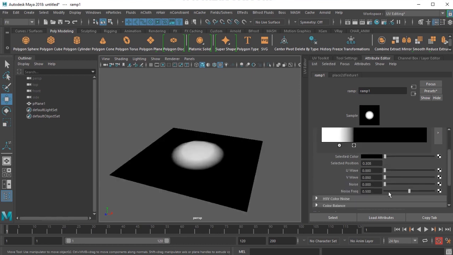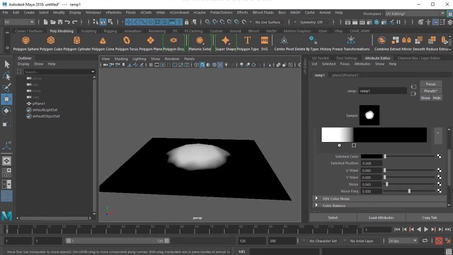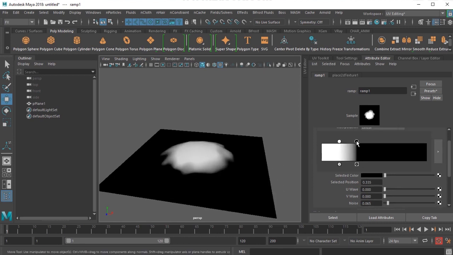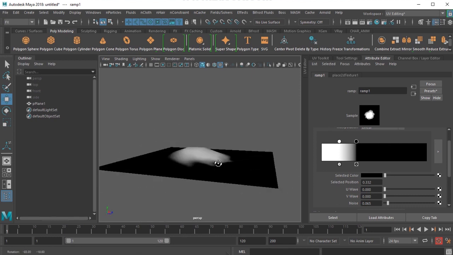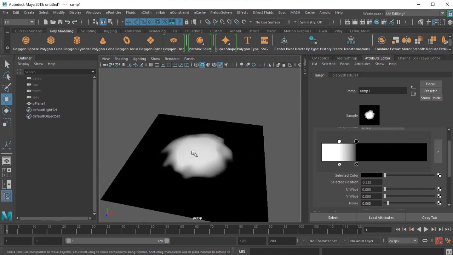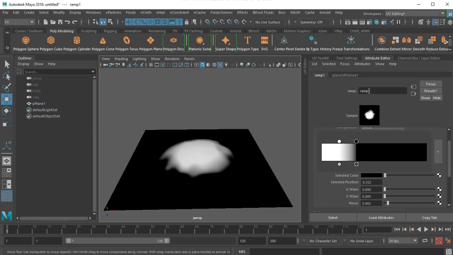So I'm just trying to create this particular patch as the source of emission. So what I've got here is a white patch in the center. This is ramp number 1. So in this ramp emission, I'll be selecting the white color part, and in that particular white color, I will